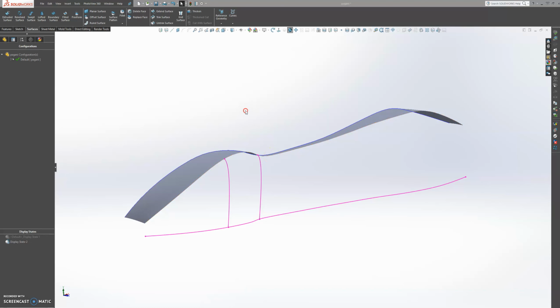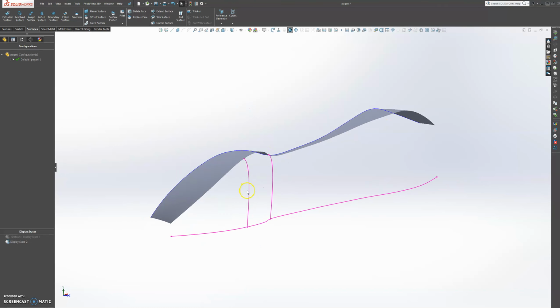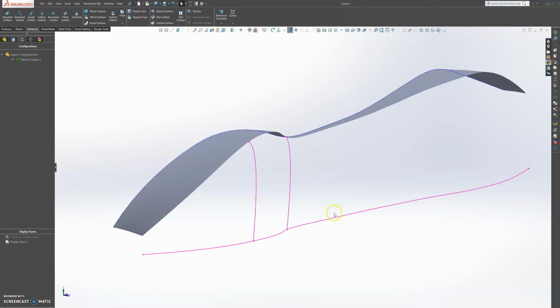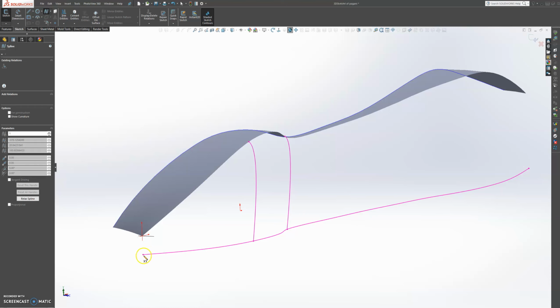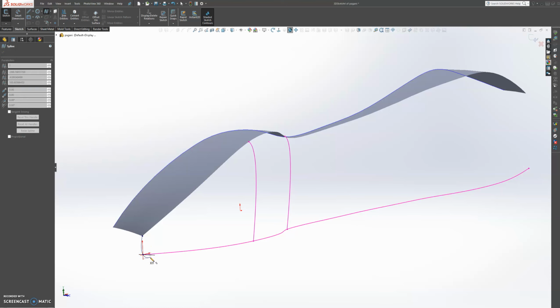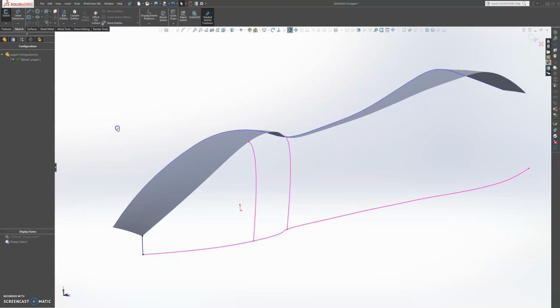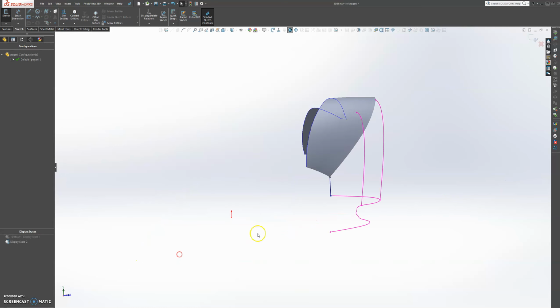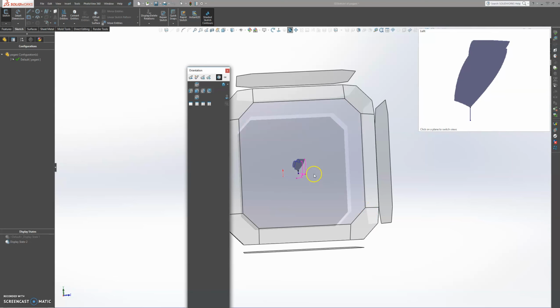So let's add some more curves to our surfaces here. So I'm going to add another curve, 3D curve, to this end here. Okay. Let's click on this. Yes, it's perfect. Okay, and then I'm just going to jump into the front here